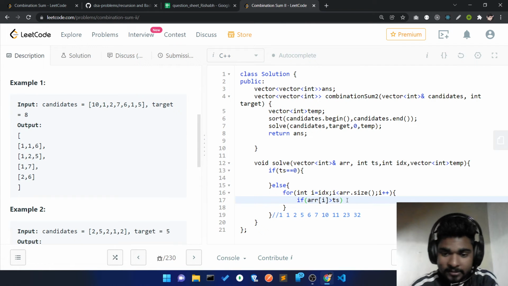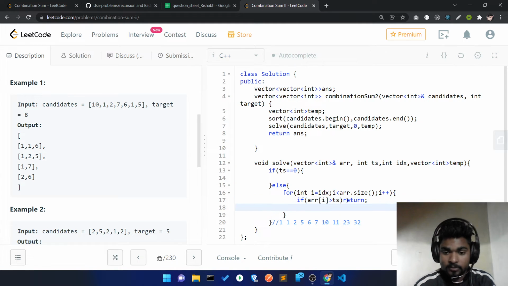So in that case, I have to just directly return it from here. I don't need to make any computation, because if I try to find all the combinations from this one, I try to find all the combinations which start from this 2, I'll try to find all the combinations which start from this 5, this 7, this 6, this 7,